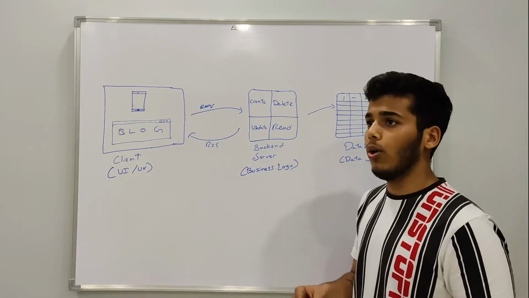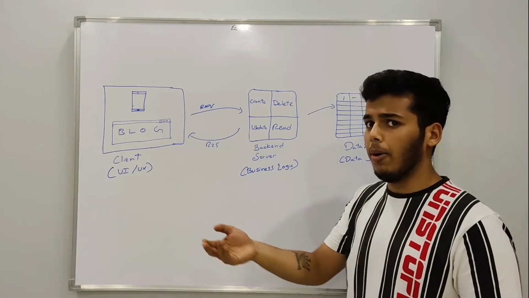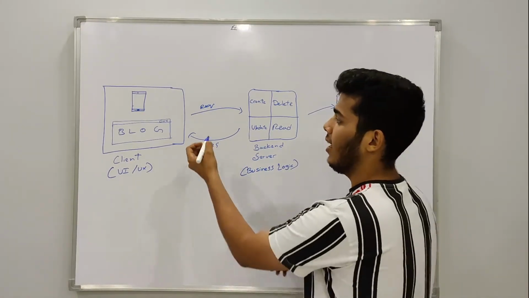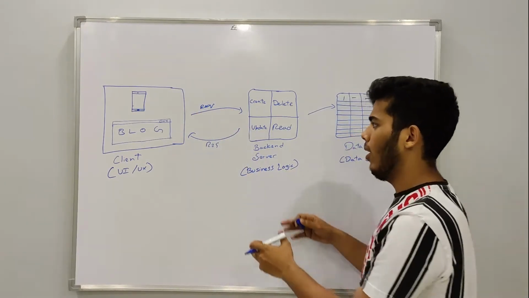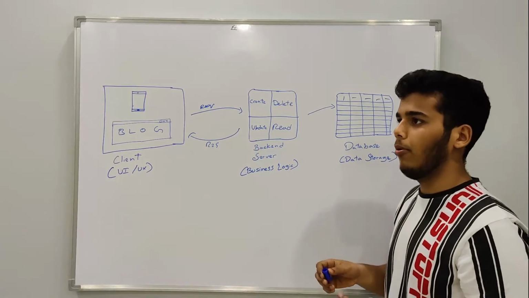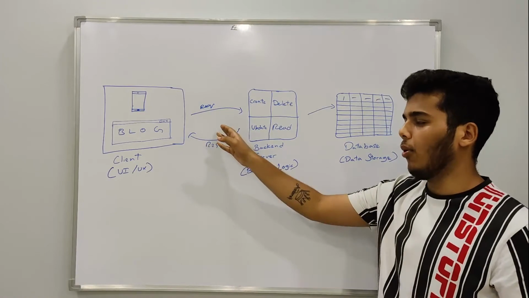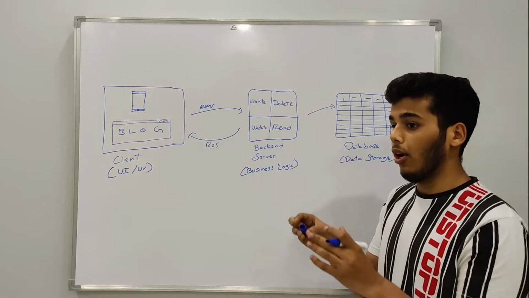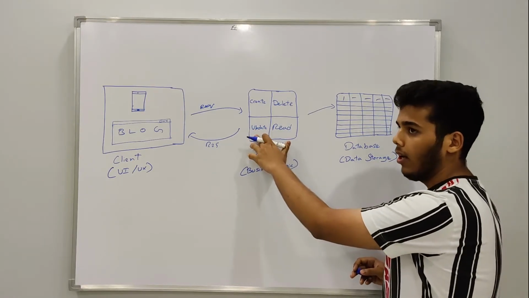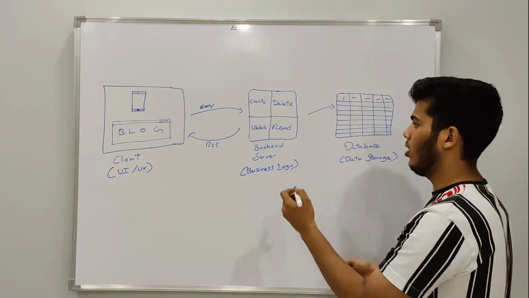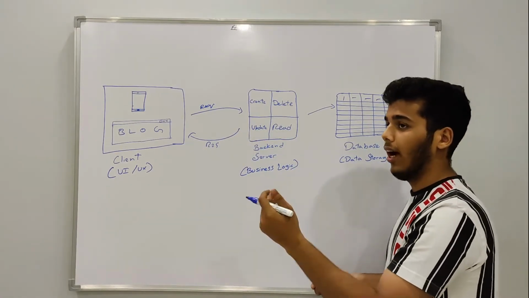Let's say the particular user wants to update his blog. Let's say there was one spelling mistake there and he wants to update it. So again, what he will be doing is sending an update request to the backend server. The update request will include the blog ID. While sending the request, he'll be sending us a blog ID. Let's say he wants to update his blog with the ID 1, and once he hits the update business logic here,